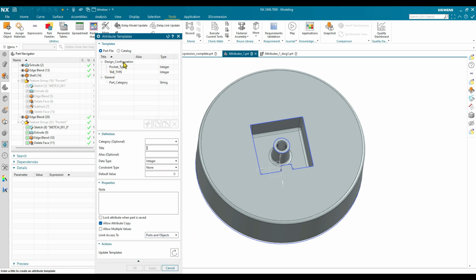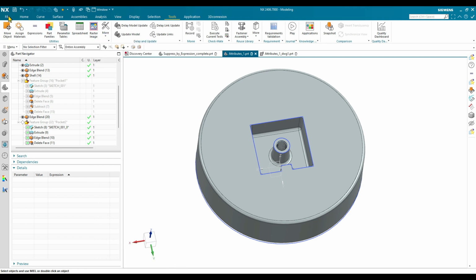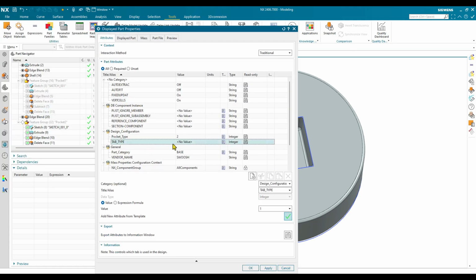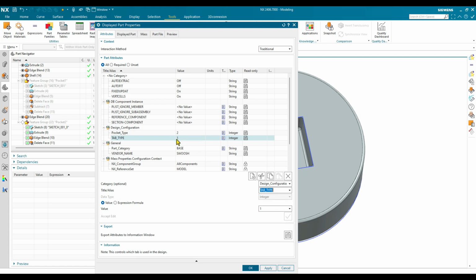And now you can see in my design configuration, I have a tab type and a pocket type here. So these attributes will now be inside of this part. If I select cancel here to exit the attribute templates dialog, and then we go back up to file, properties, you'll note we now have a tab type attribute here. Currently it's got a value of no value here, but it does default to 1. If I hit the check mark, you can see the value has changed to 1 for the tab type here. All right, so that's how you build a custom attribute template